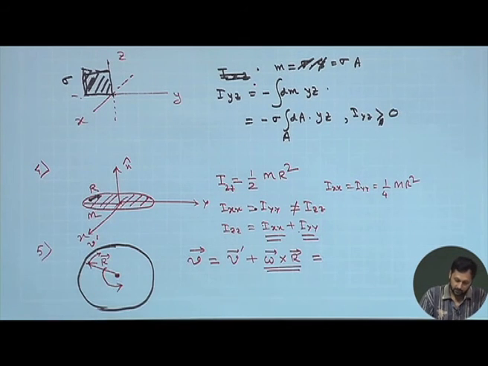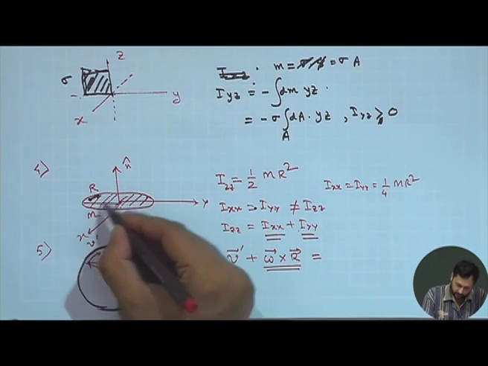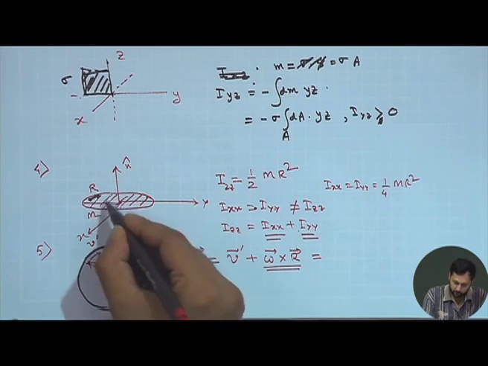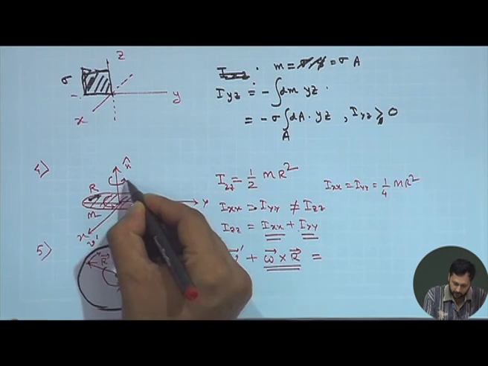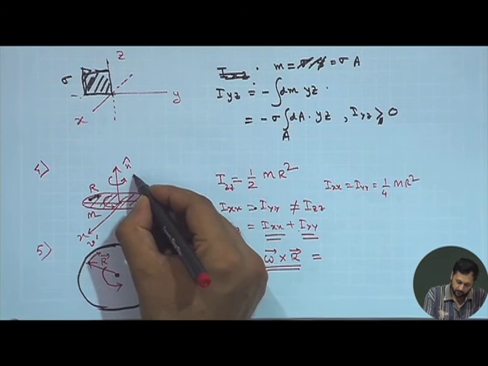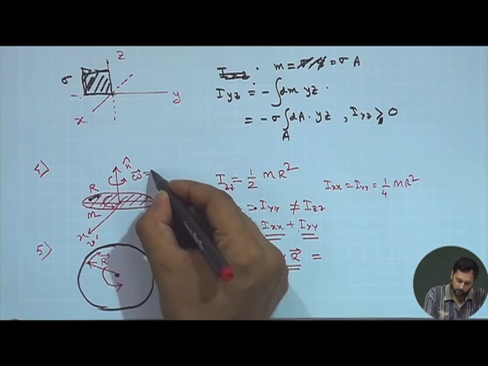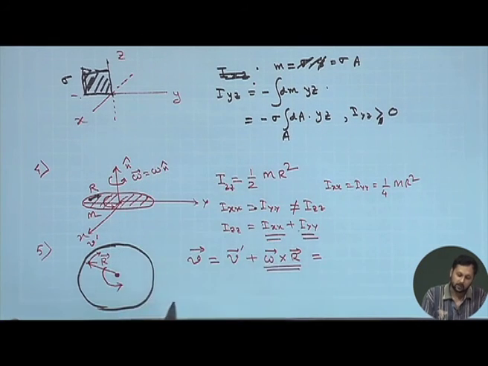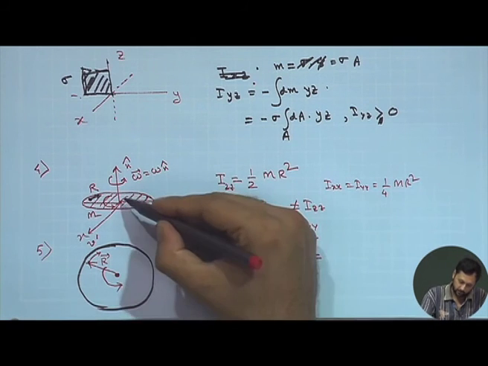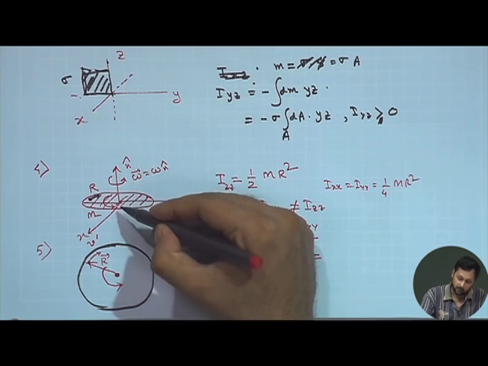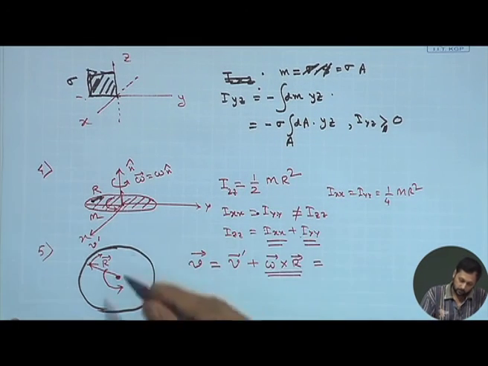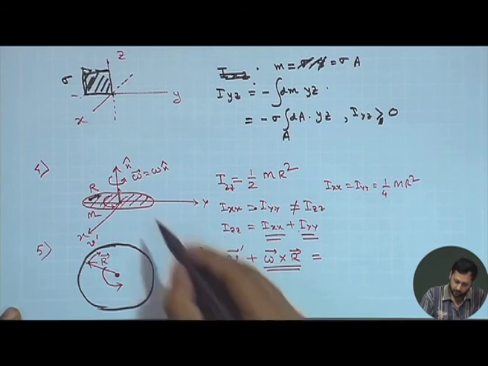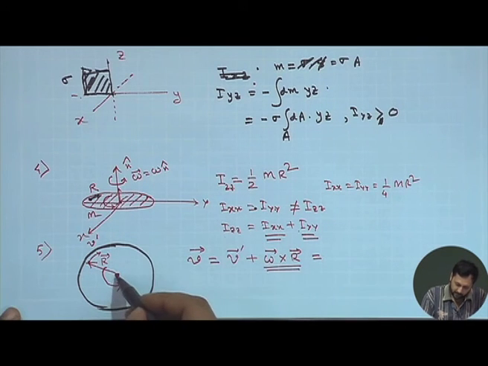That means the direction, let us say, if this is how the fly is moving, then the disk is rotating in this direction, anti-clockwise. That means it is giving rise to an omega, which is equal to omega n cap, upward direction. Okay. So omega is pointing upwards, right.